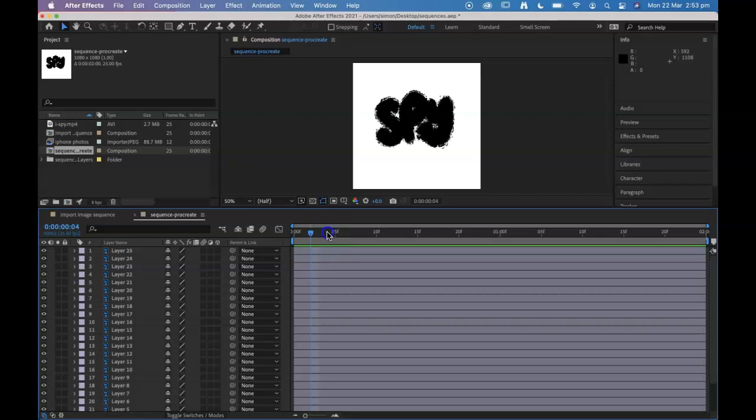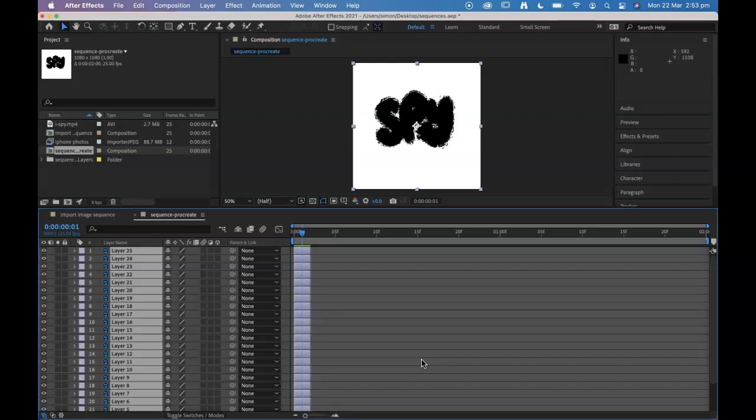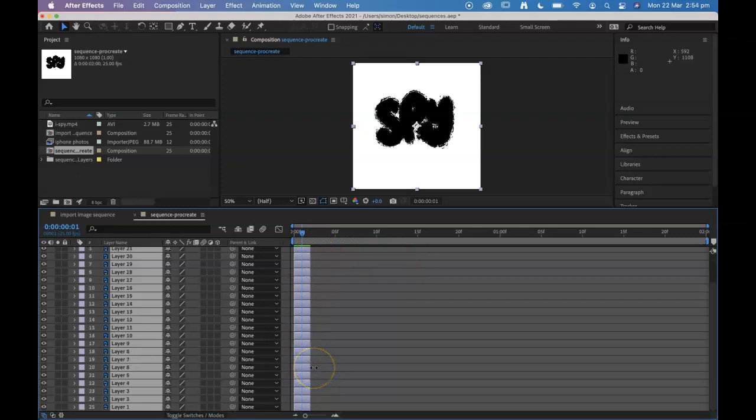Now I need to shorten how long each of those layers exists, and I could manually drag each one in, and so on and so forth. But what I'm going to do is go to frame 1, and hit Command A on the keyboard to select all of my layers, and then hit Option and the square bracket key on the keyboard, and that will trim all of those layers down to